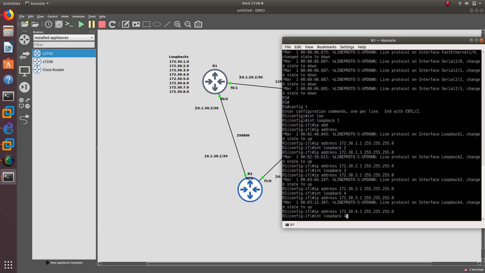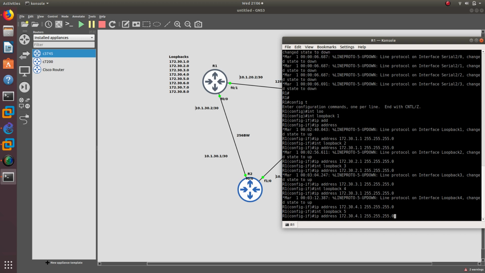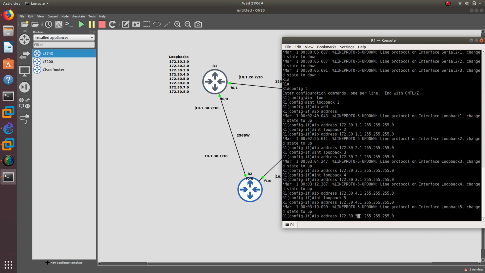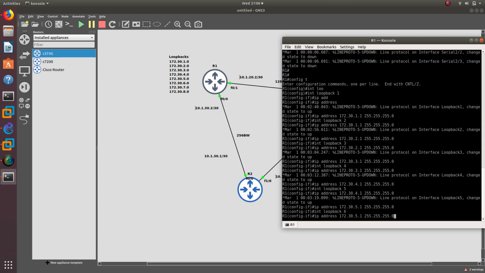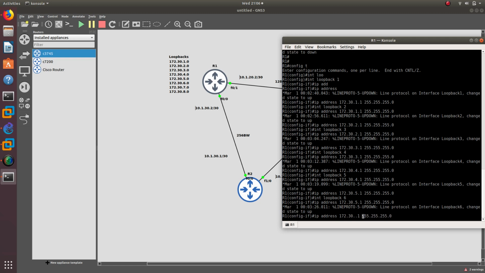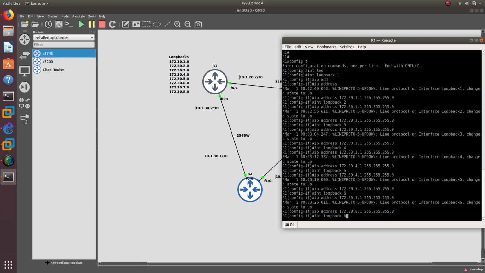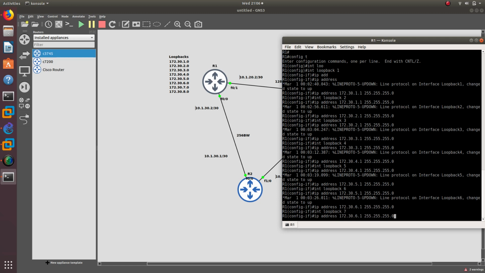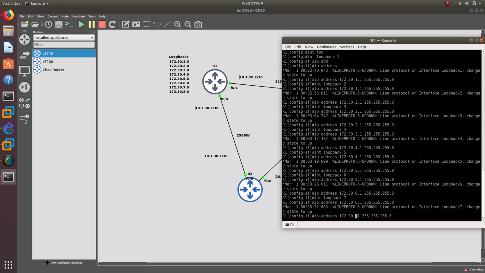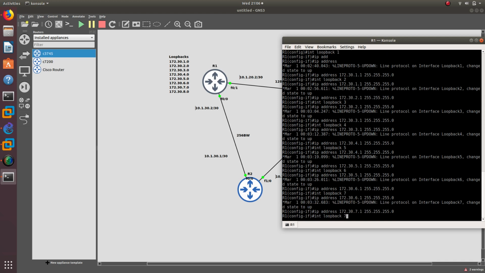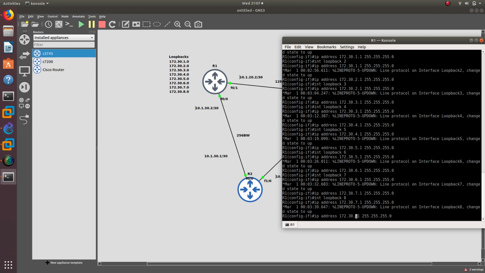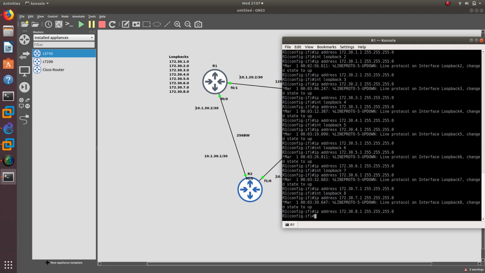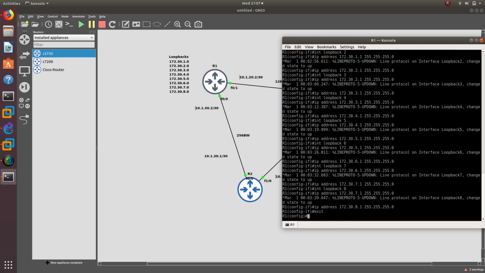Here's 4, 5, 6, 7, and then the last one is loopback 8. There we go. So we have configured all the 8 loopback addresses and assigned their IP addresses so we can